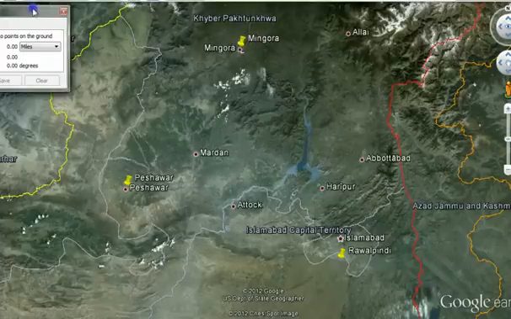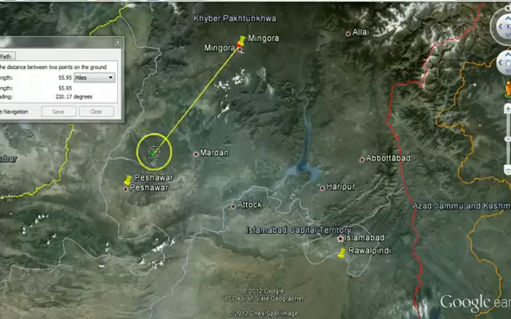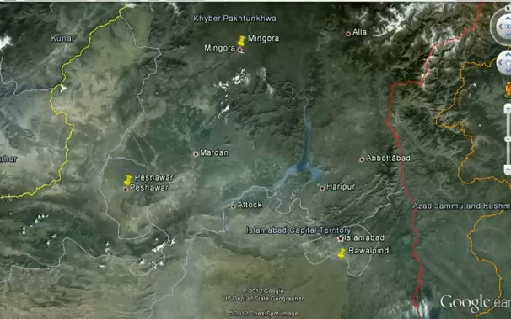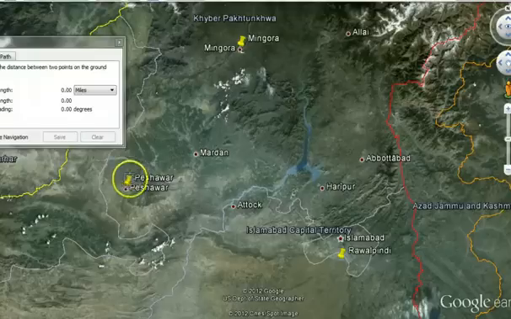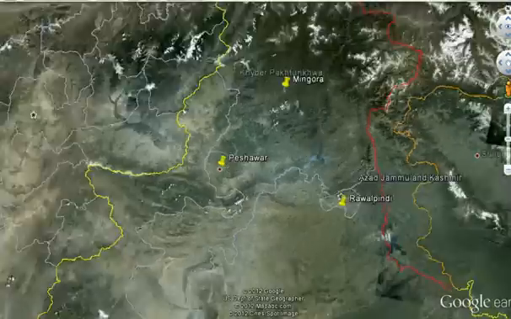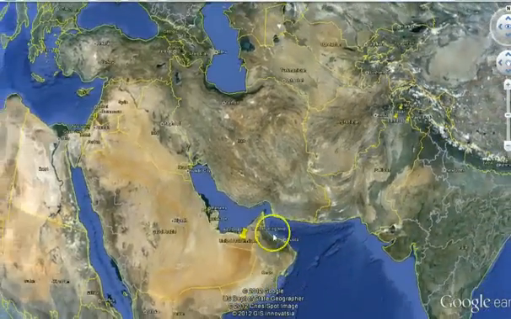flew to, and we'll just see how many miles it is from one place to the other here using Google Earth measuring tool, to Peshawar, only about 70 miles away, and then flew from Peshawar over to the capital of Islamabad, just south of the capital, to a place called Rawalpindi, about 90 miles away. So then the decision was made to fly her to England, but you can't fly all the way from Pakistan to England in one shot.